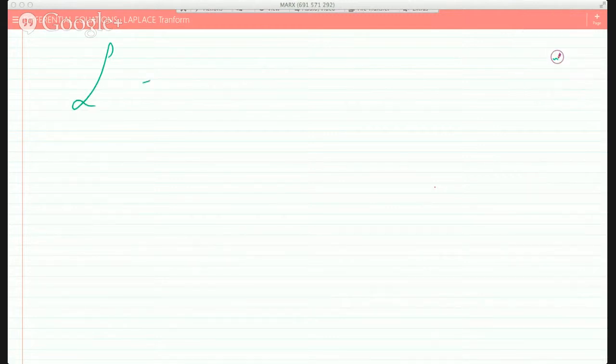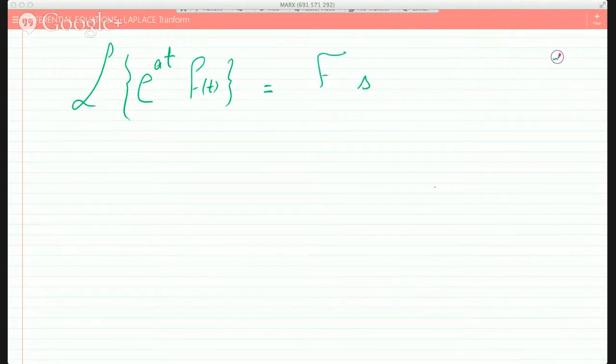Okay. So what this is saying is that the inverse Laplace transform of e to the at times some function f of t is nothing but f of s, and then you shift it by an amount a. That's what this is saying. It's a very powerful definition